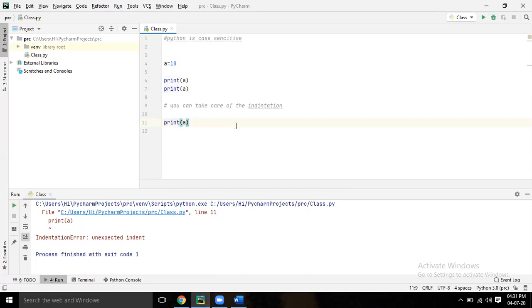If you are writing if, on the same line level you have to write else. I'll tell you when I come to if else. But remember, Python is case sensitive, and you have to take care of the indentation properly. Save this. This is the basic thing.